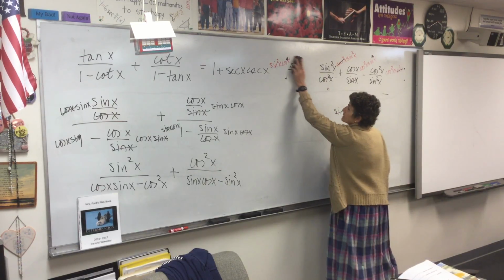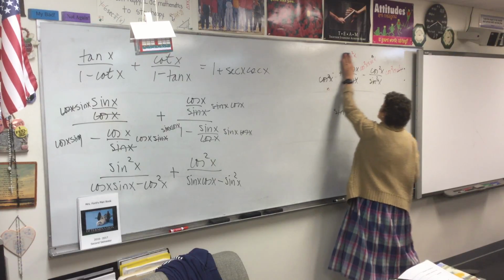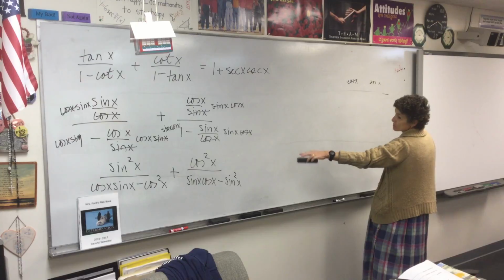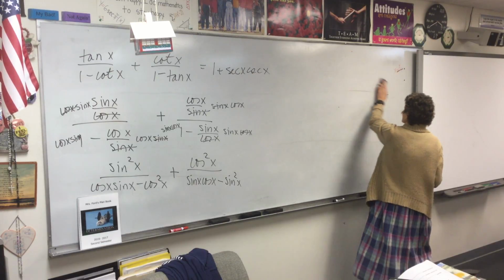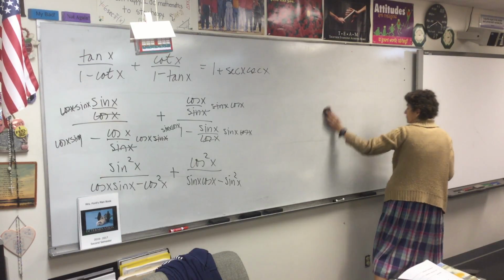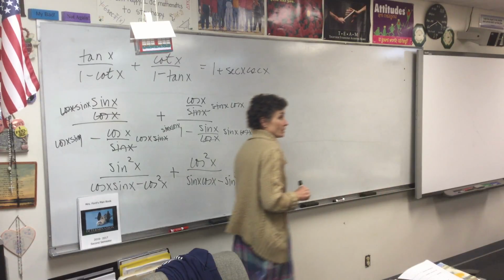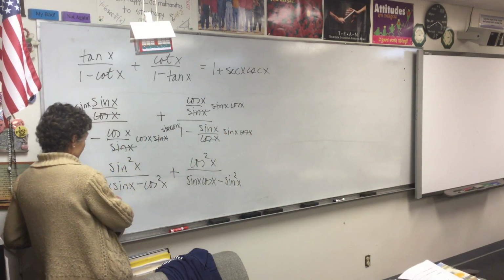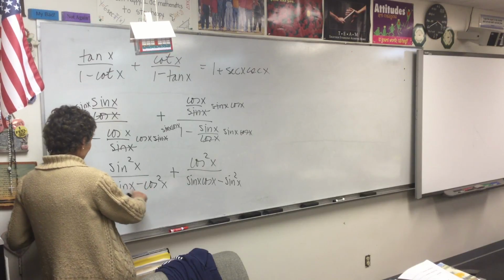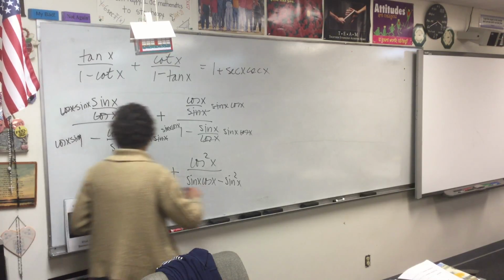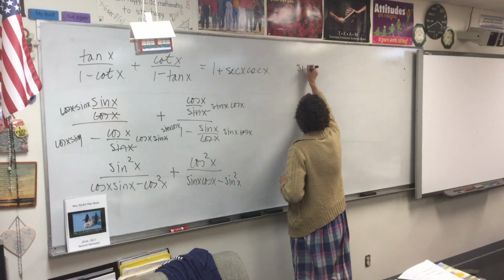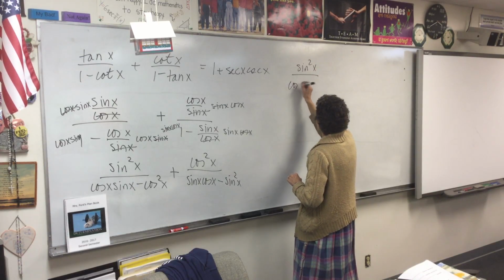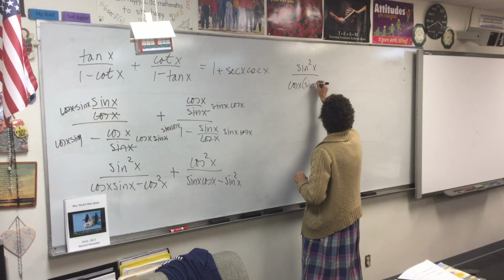Now, I need a common denominator, don't I? Because I got two big fractions added together and those denominators don't match, although they certainly have some overlap. Could I factor that denominator? Because they look like they have so much in common. I'm thinking if I factor out a cosine, I'll have sine minus cosine